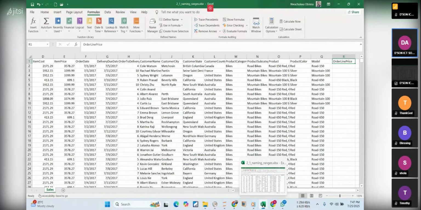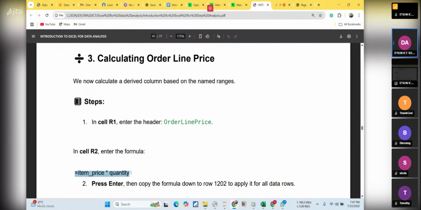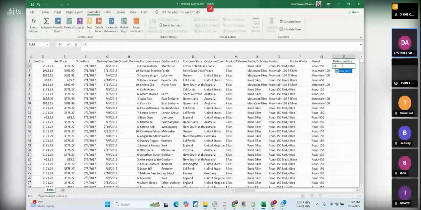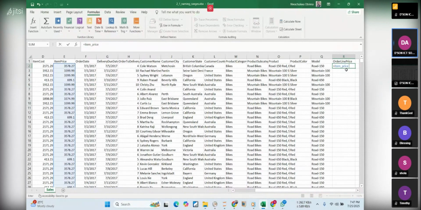Now, this formula, item price equals to what? Quantity. I would have loved to copy and paste as well, but for you to see what we are doing, I want to say equal to. That is for you to see the power of the name range we are talking about. I want to say equal to item. So immediately I wrote IT, the item price I defined in the name range appeared. So instead of me highlighting the whole of those cells, the name range makes life easier for me. I click on it and I say